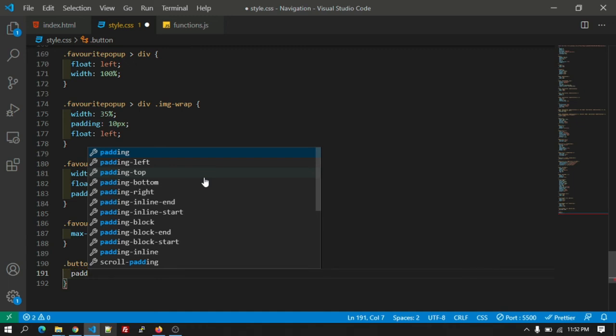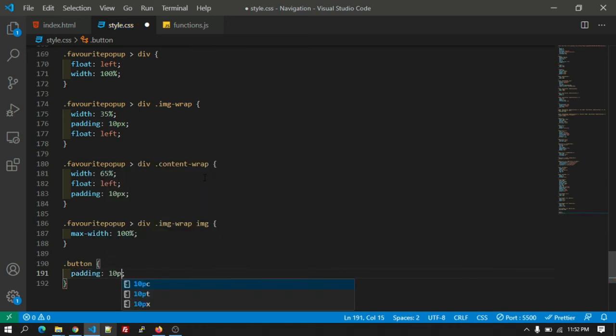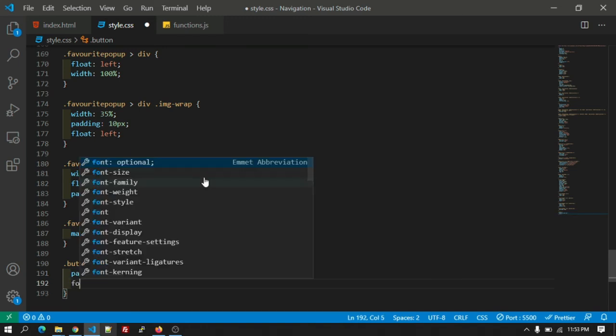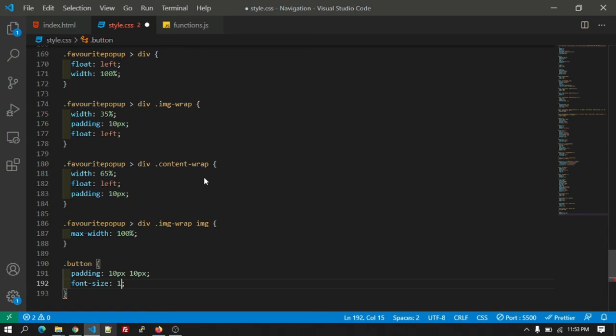Okay, let's give padding 10 pixel, 10 pixel, and the font size will be 12 pixel.